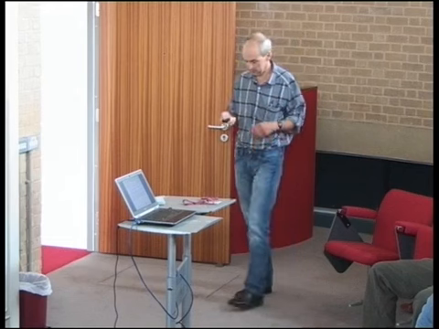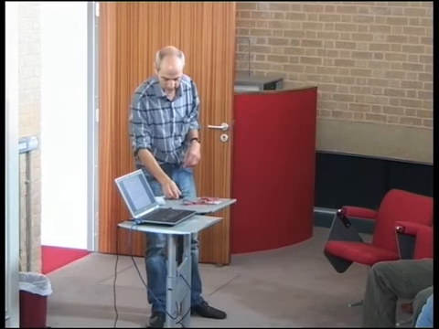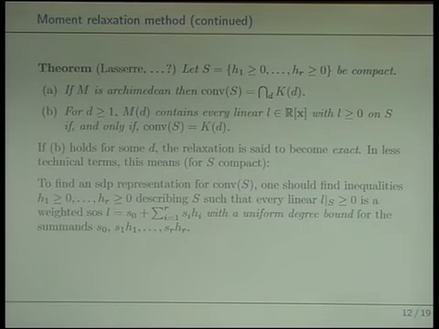And just to rephrase it again in less technical terms, if we are trying to represent the convex hull of a basic closed compact set S, and if we want to follow this pattern suggested by Jean Bernard, we should find a system of inequalities for S, describing S, H1, ..., HR. We can take many if needed, but some finite system, such that we can write every linear polynomial non-negative on S as a weighted sum of squares using these weights,